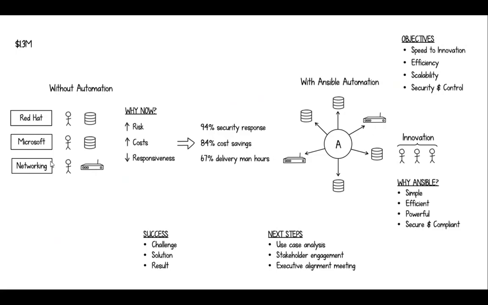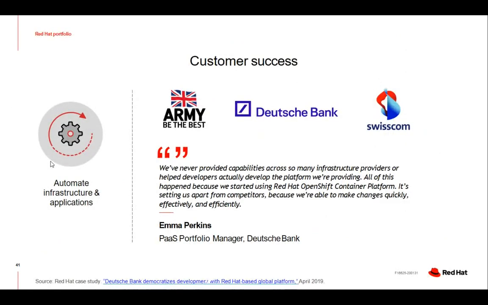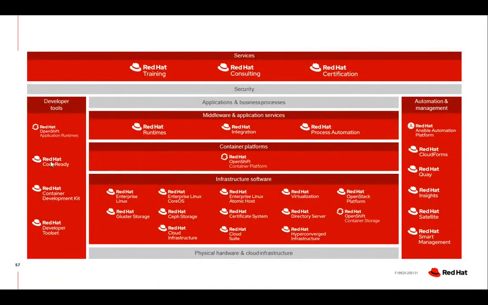The objective here is that you get a lot of efficiency, scalability, security and more control of your own infrastructure, basically. Some of the customer success stories: British Army, Deutsche Bank, Swisscom. Ansible finds a lot of use in the telcos, and especially airlines and banks, heavily. We have discussed the complete Red Hat portfolio today, right from the infrastructure to the middleware to the application development. Here is the complete portfolio for you to have a look.